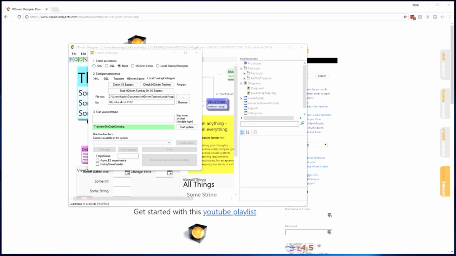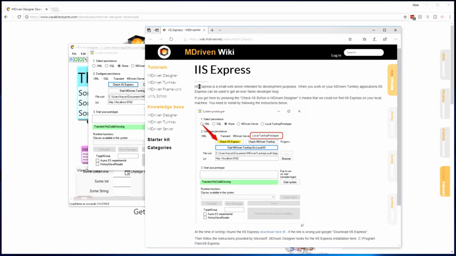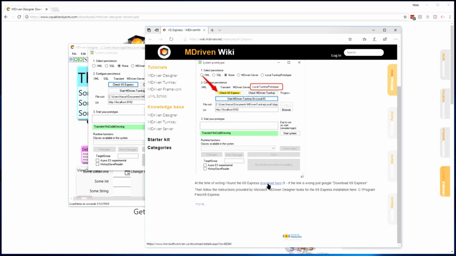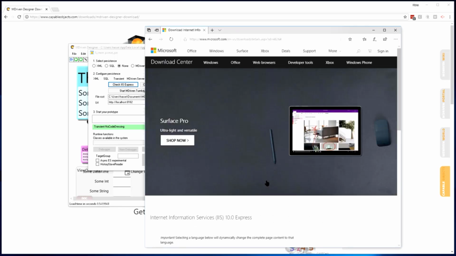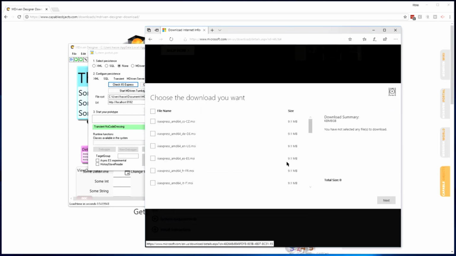If you don't, you will get navigated to a page in our wiki, this one. It pops up and it explains what IIS Express is, and that you probably got here from MDriven Designer, and how you can download the IIS Express from Microsoft. And once you have done that and installed it,